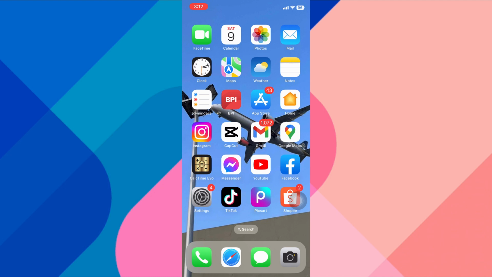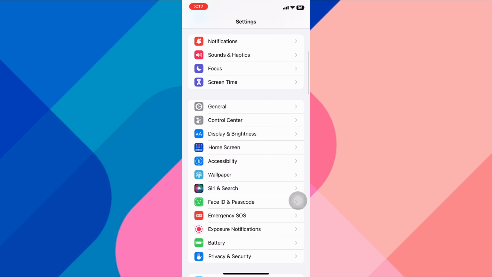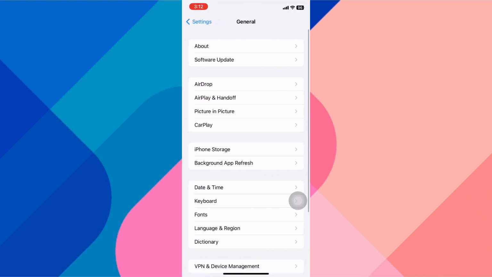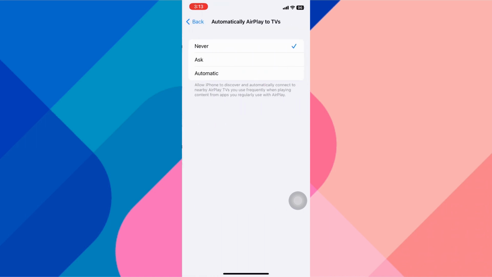The first thing that we will do is head into our settings, and then we will scroll down until we get to General, and then tap on AirPlay and Handoff. Now AirPlay is screen mirroring. That's the same thing, it's just Apple's version of it. So I'm going to tap Automatically AirPlay to TVs, and I'm going to switch it from Never over to either Ask or Automatic. So if you choose Ask, it will ask you if it recognizes an option to do a